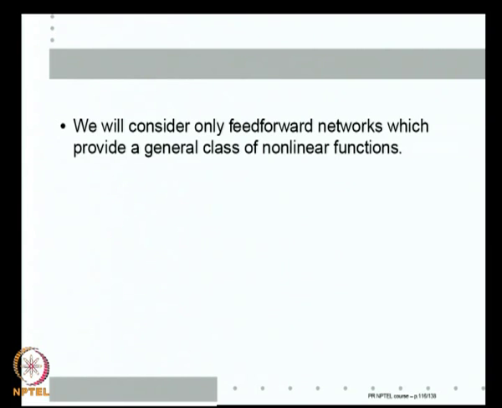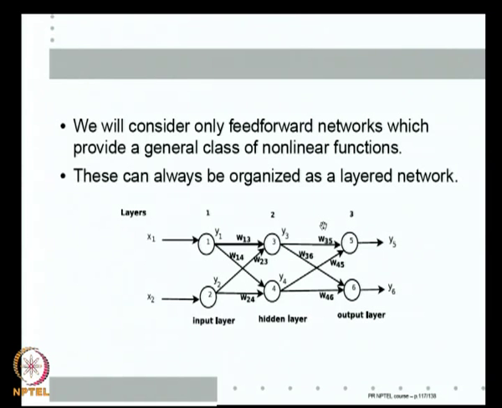But as I said, we considered only feed forward networks, which provide a general class of nonlinear functions. By feed forward, this is the network model that we considered last time. Each neuron calculates its output and sends it to downstream neurons. There are no feedback connections. Because there are no feedback connections, we can always organize them as layers, such that a neuron in one layer gets its inputs only from the immediate previous layer and sends its outputs only to neurons in the next layer. We can always do this, as a little thought will tell you. Suppose neuron 3 also has to get neuron 2's output; I can simply put a dummy unit here, which only gets neuron 2's output and then passes it on to neuron 5.